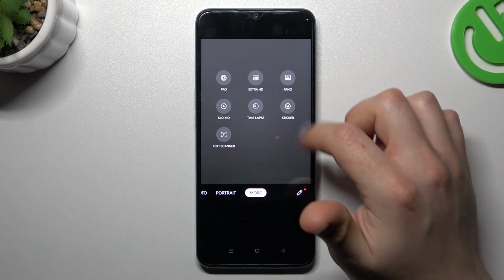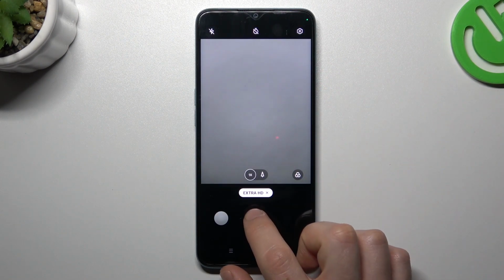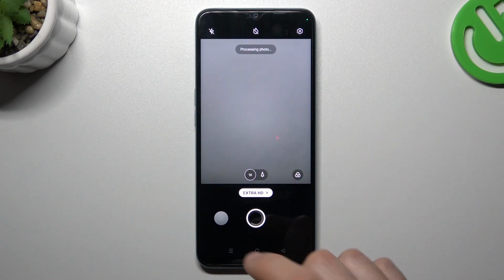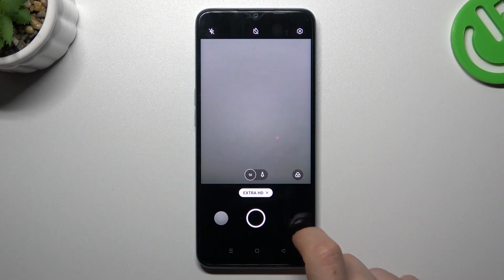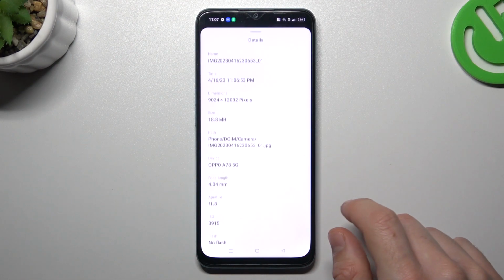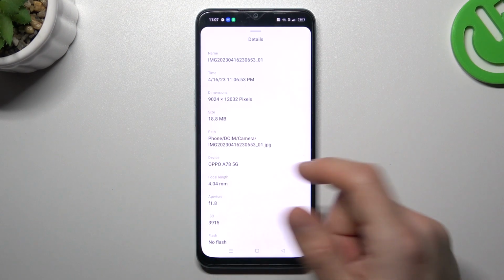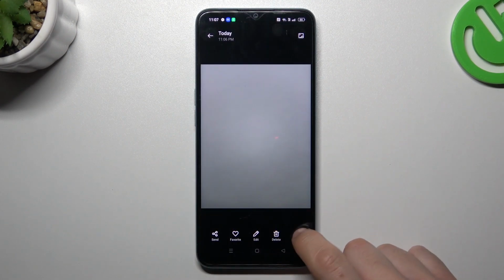And the second way, go to the more and choose Extra HD. And this is the highest available resolution. And now if you take the photo with this mode, you can see we have extra high resolution and 80 megabytes. And in the 50 megapixels mode,